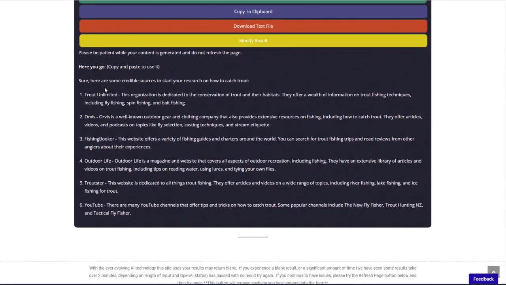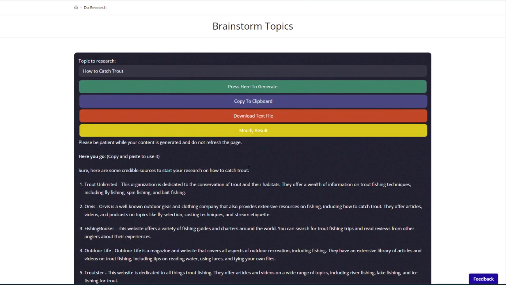And here you go. It says here are some credible sources to start your research on how to catch trout. Trout Unlimited. This organization is dedicated to the conservation of trout in their habitat. That's absolutely true. Trout Unlimited is probably the most renowned nonprofit organization when it comes to trout. Orvis, yeah, they are. It says a well-known outdoor gear and clothing company. Yeah, they are probably the most well-known brand name in the fly fishing industry. Fishing Booker website. We've got Outdoor Life, which is a magazine, Troutster, which is a website, and of course YouTube. So yeah, it gave us some great